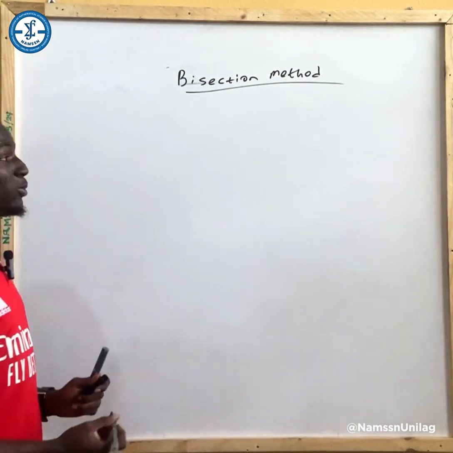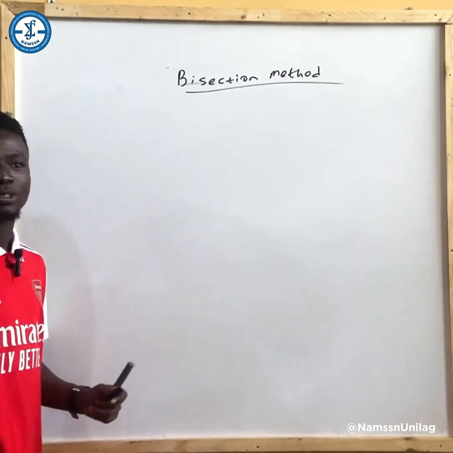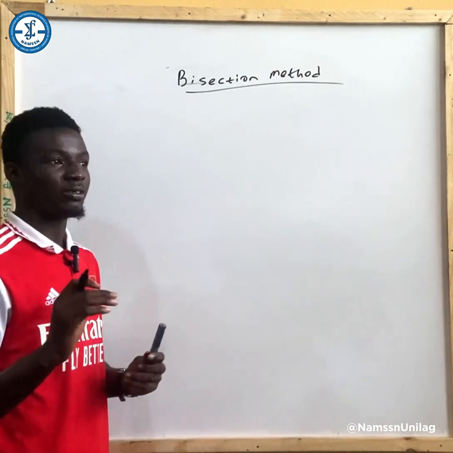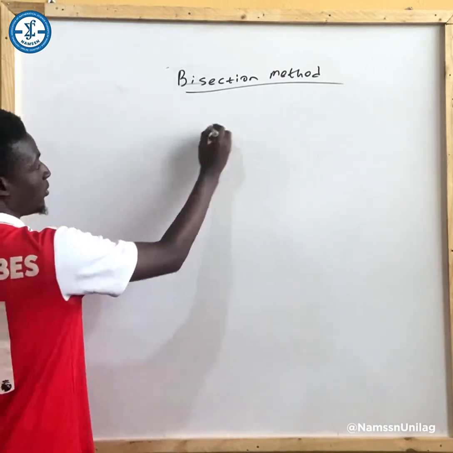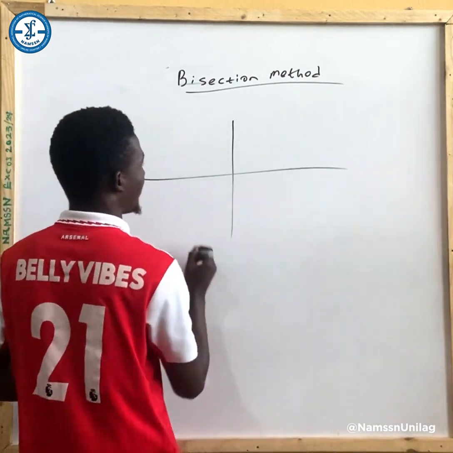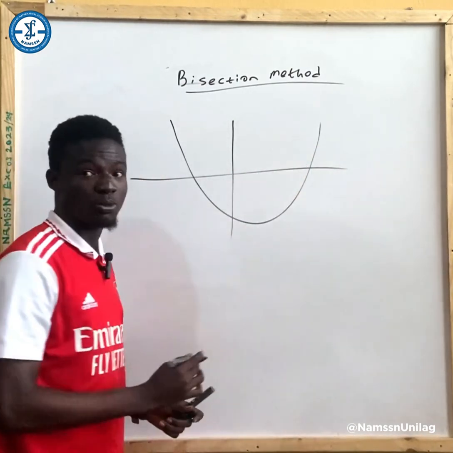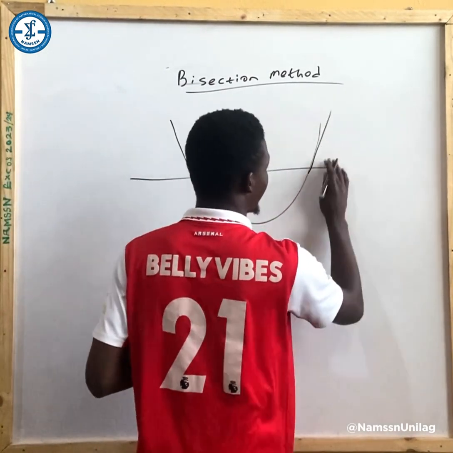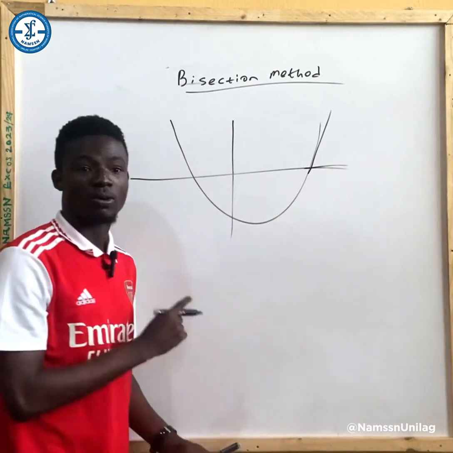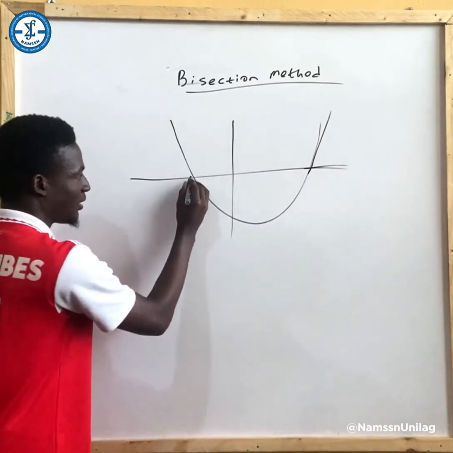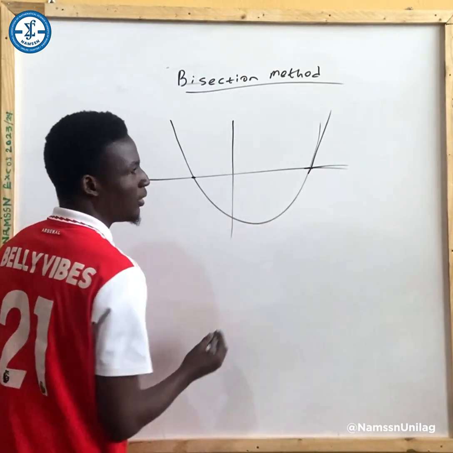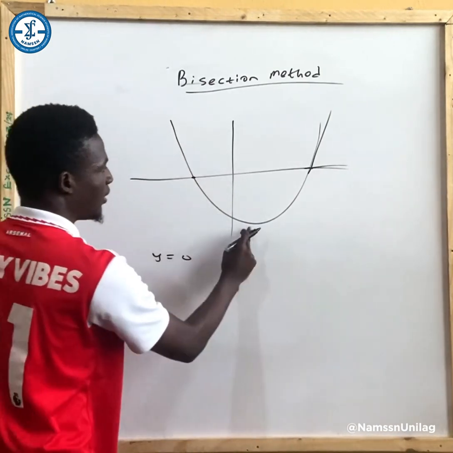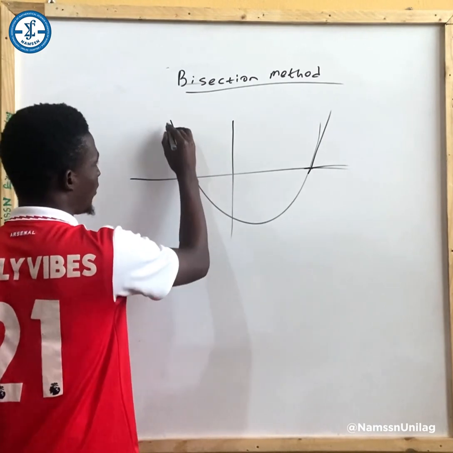Let's take a rerun back to the equations of polynomials. If you draw the graph of a quadratic equation, you will notice that you have a curve, either a minimum or a maximum curve. And the strength of the bisection method comes from the solutions to our equation being at the point where y is equal to 0. So if we have a curve like this,